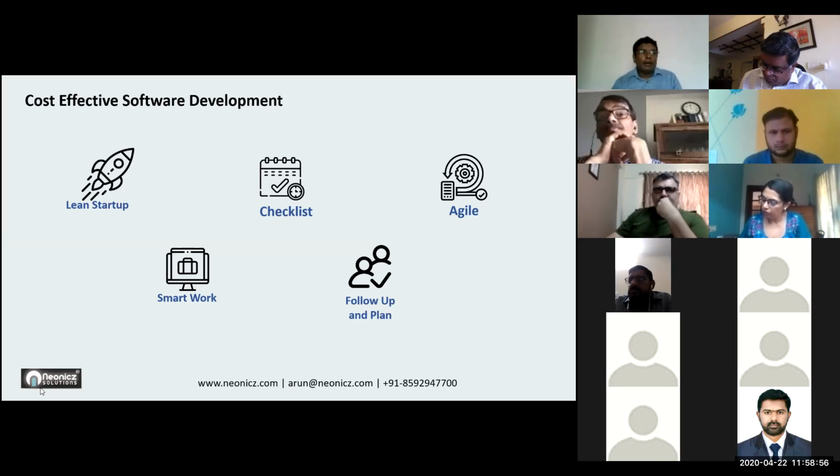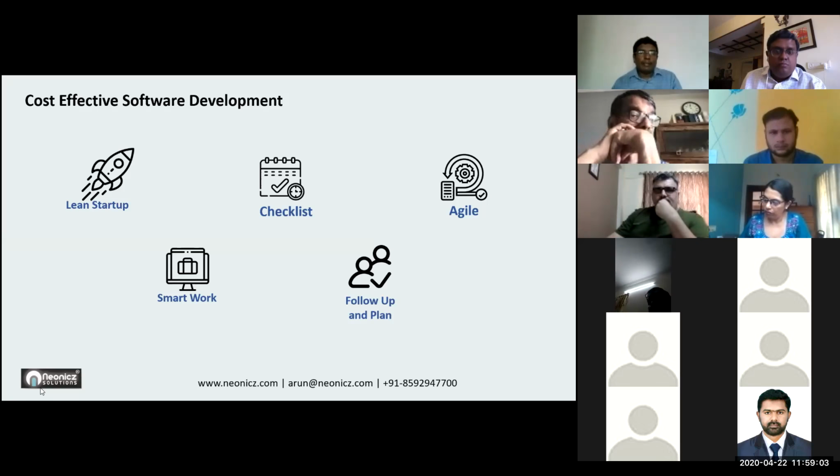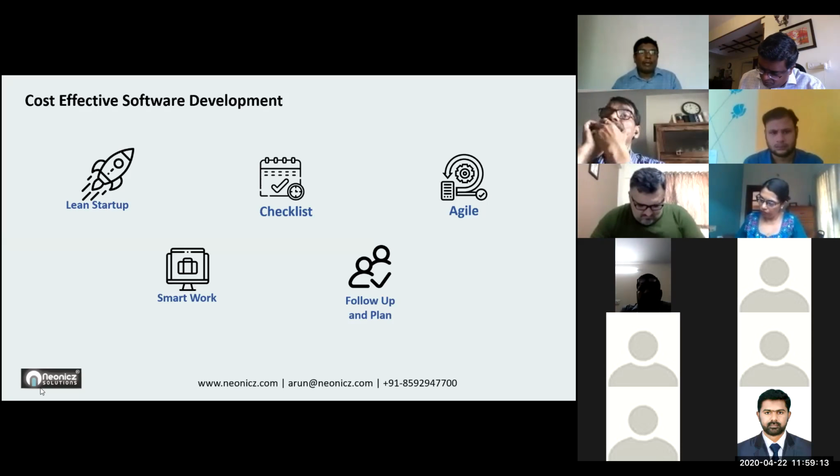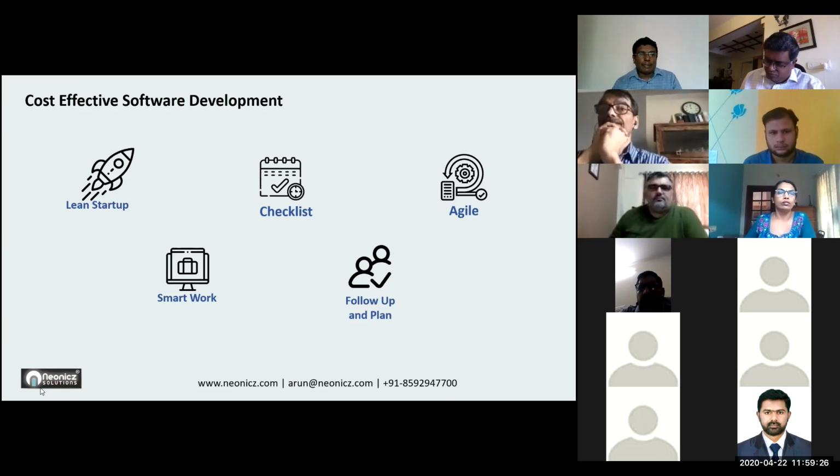Some people offer equity based arrangements, so you pay some small amount and give some equity of your startup, and they will help you build your product, which is a viable option to get your product onto the market. Once your product is hitting the market and showing signs of succeeding, then you can invest more money into the platform at a later stage. You don't need to invest too much money in the initial stage.